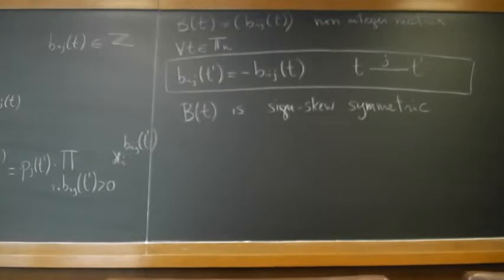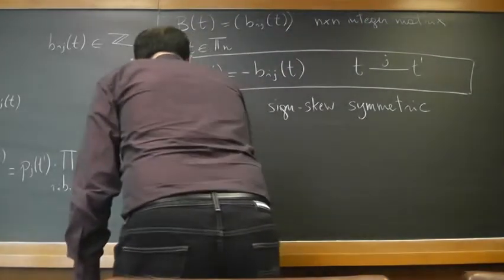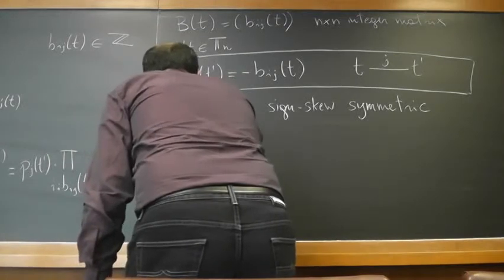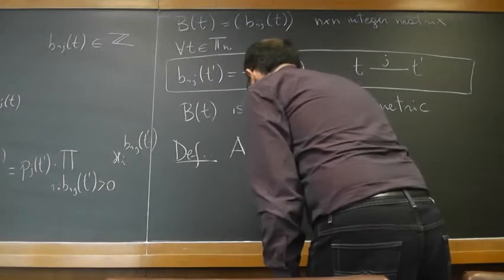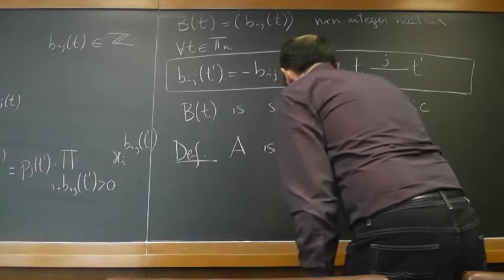So what does this mean? A matrix is sign skew symmetric. Definition: a square matrix A is sign skew symmetric